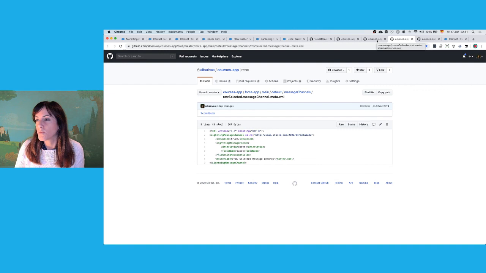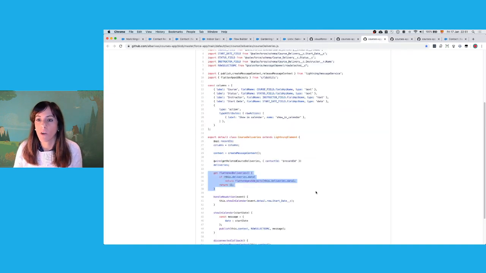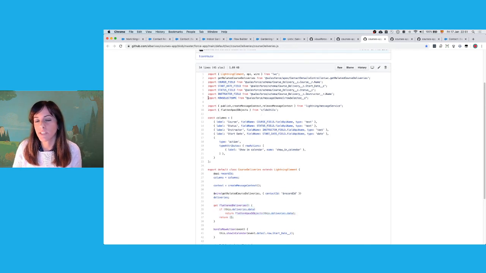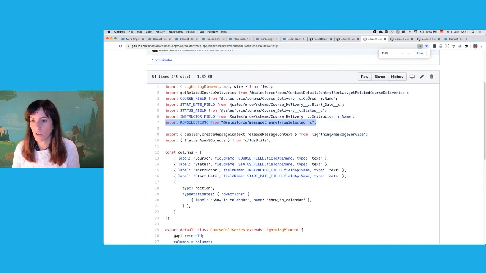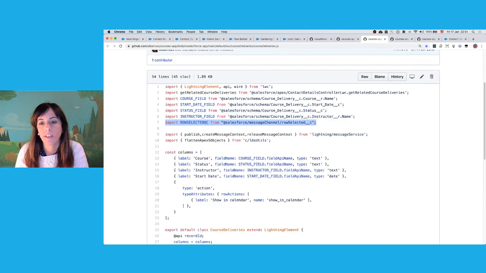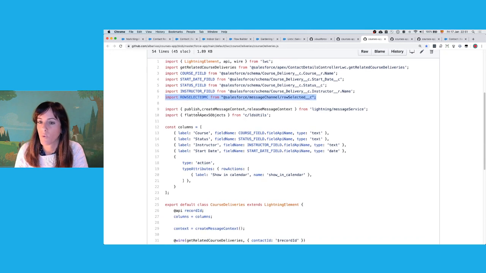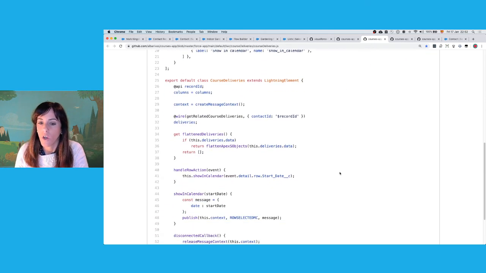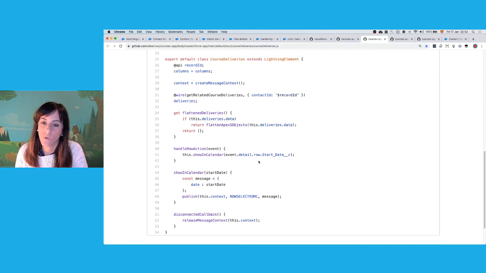We wanted to publish a message from our Lightning Web Component, and that's the reason I had some more code here. For that, the first thing that we are going to do is to import the Lightning Message channel that we have created. We are going to import also some functions from the message service module, and then